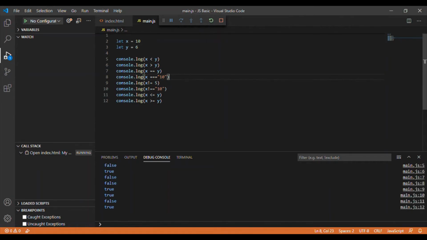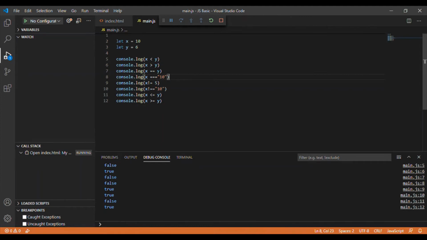Here we are checking whether x is less than y. Is that true? No, so it will give you false. So please check accordingly what the values would be for the given result.